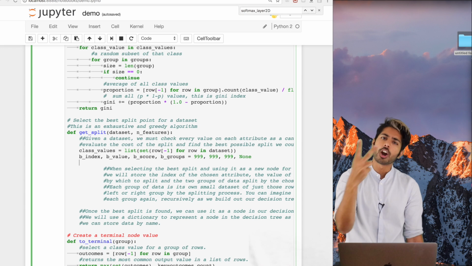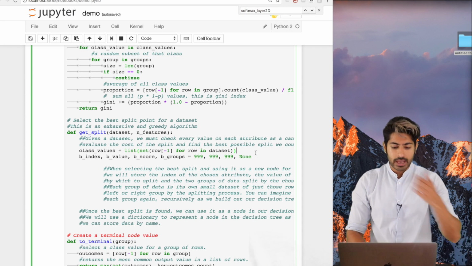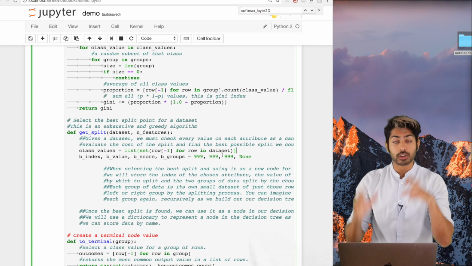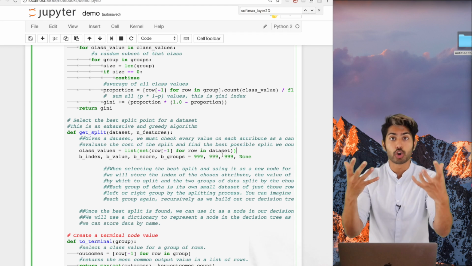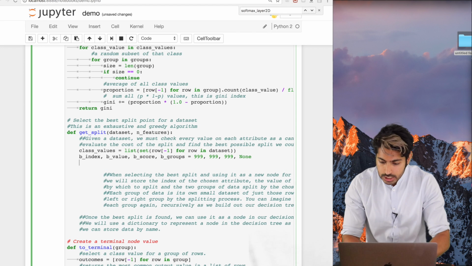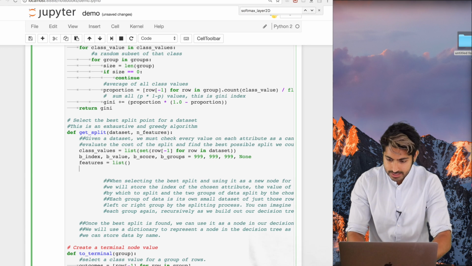So that's the pair that the Gini index gives us, the index and the value. It will also give us a score and the groups. The groups are the subsamples, and the score is a measure of how good it is. So we'll want to initialize our features here as a list, and then we're going to say, okay, so while